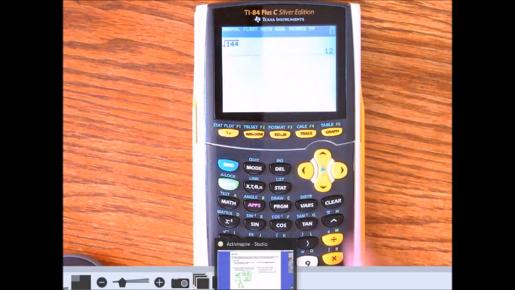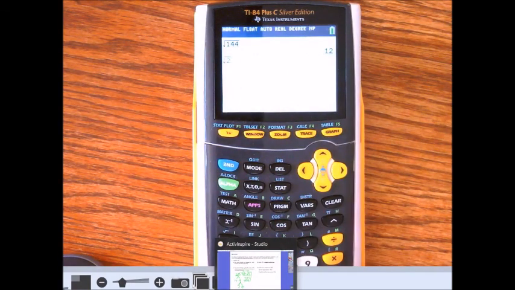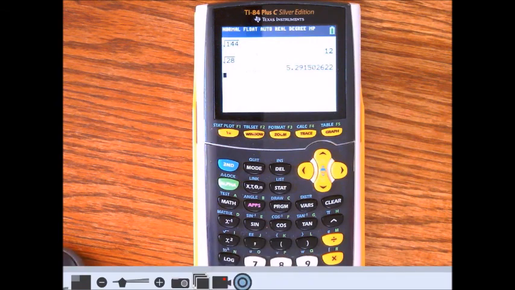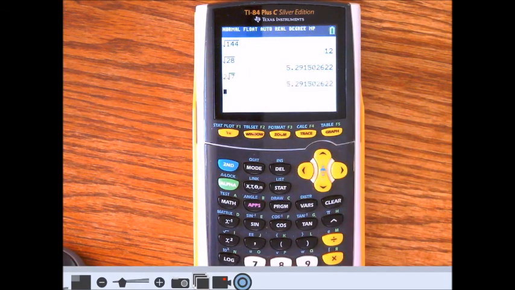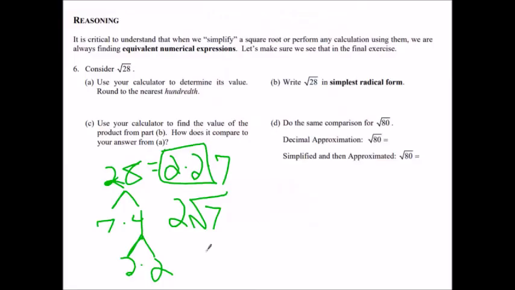So we're going to do square root of 28, and we get 5.291 and so on. If I do 2 radical 7, I get the exact same decimal. Okay, so it's just showing you that both are exactly the same. They're equivalent